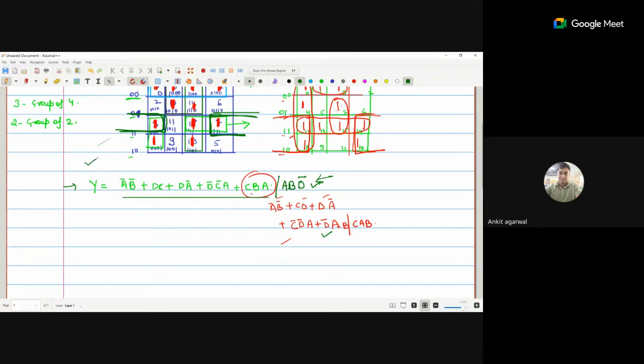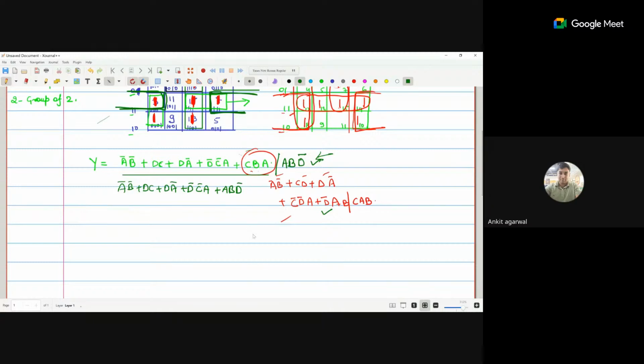But this is a multi-select question, so there is one option of this one and another option: A B bar plus D C plus D A bar plus D bar C bar A plus A B D bar. Directly we are checking either this one or this one. So this type of question will be asked in the GATE examination, multi-select questions. Now, if we want to verify that the answer is correct, what we do,